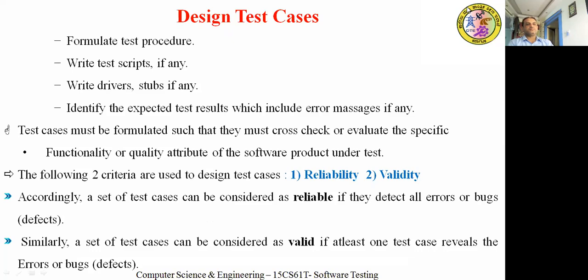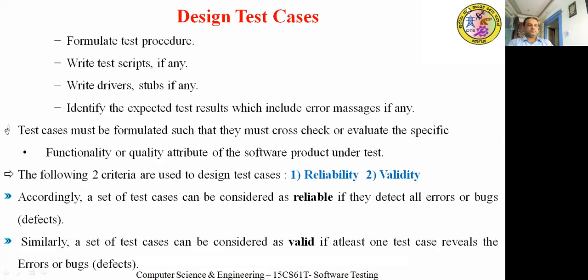Test cases must be formulated such that they cross-check and evaluate the specific functionality or quality attribute of the software product under test. The following two criteria are used to design the test cases: reliability, validity.